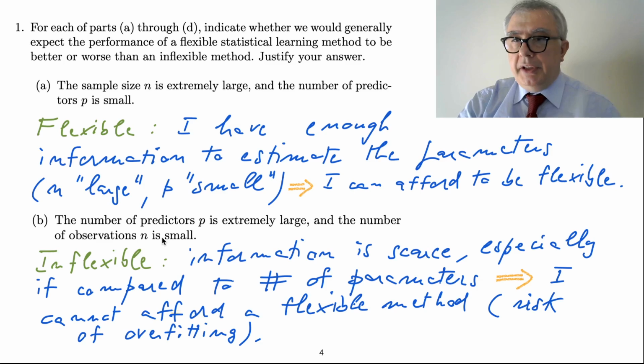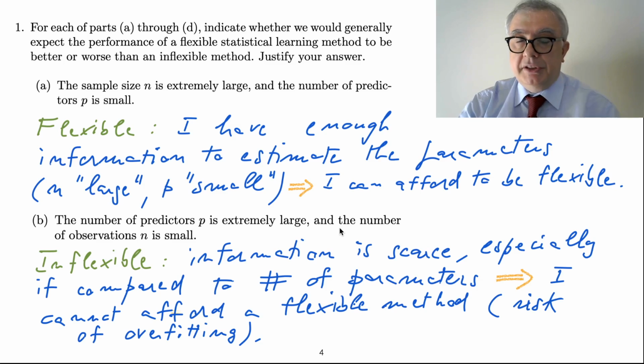In this case, I would prefer an inflexible method, because here information is scarce, because I have to estimate a large number of parameters, because I will have at least one parameter for each predictor, for instance, and I do not have many data. In some cases, it could even happen that the number P of predictors is larger than the number of observations, in which case you should use some